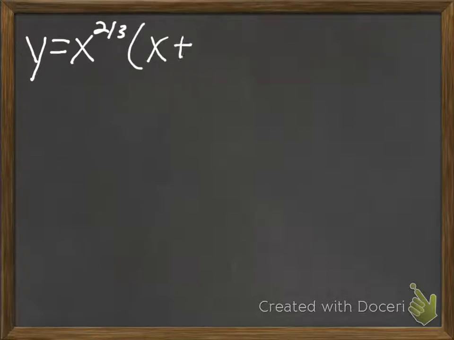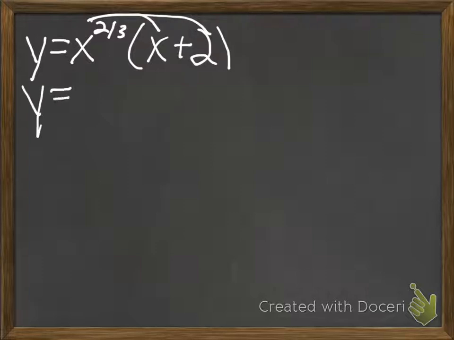Alright, so number 35 on the homework is x to the 2/3 times (x plus 2). To start out, in our case, we distributed because the product rule gets very complicated. Trust us, we did it. It gets really ugly. So when you multiply x to the 2/3 and x, you have to remember the x